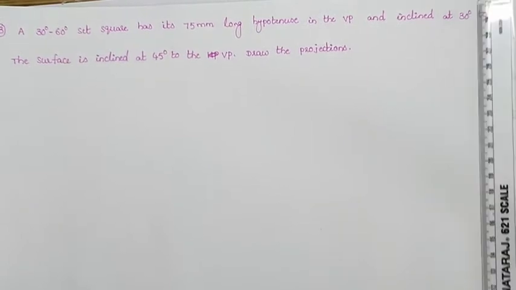Here, this problem is an example for a set square. A 30 degrees, 60 degrees set square has its 75 mm long hypotenuse in the VP and inclined at an angle of 30 degrees to the HP. The surface is inclined at an angle of 45 degrees to the VP. Draw the projections. So in this problem, they are giving the type of the